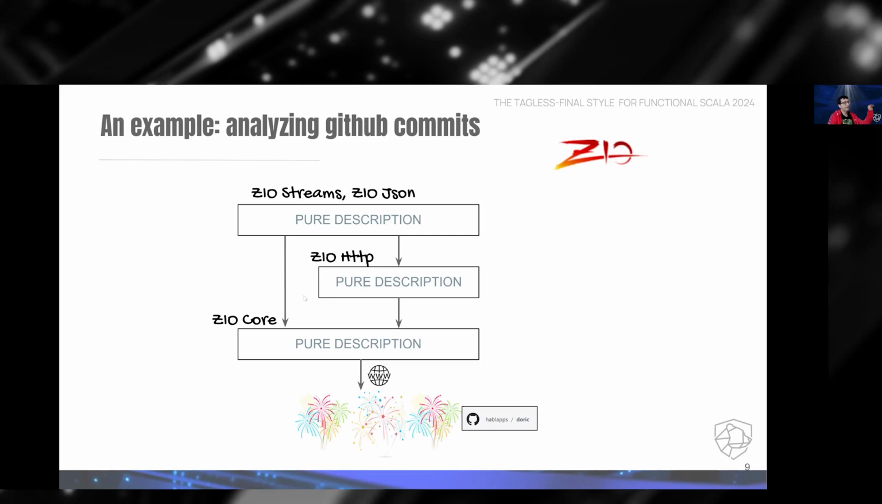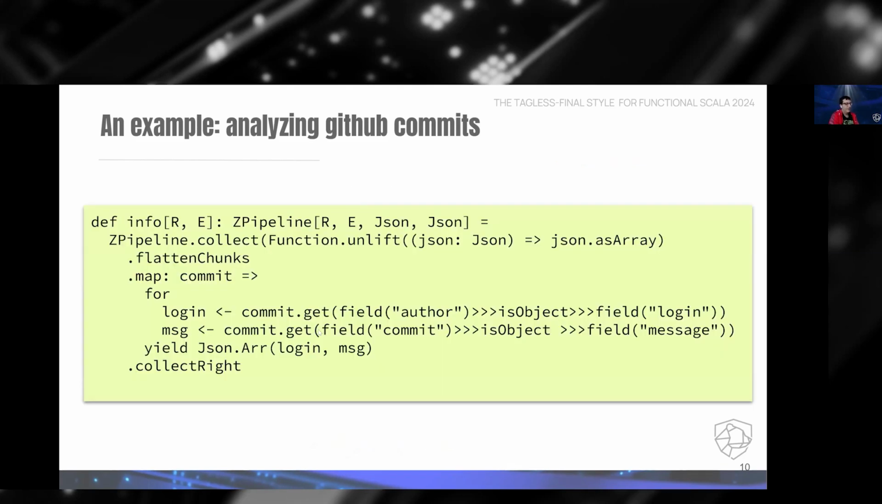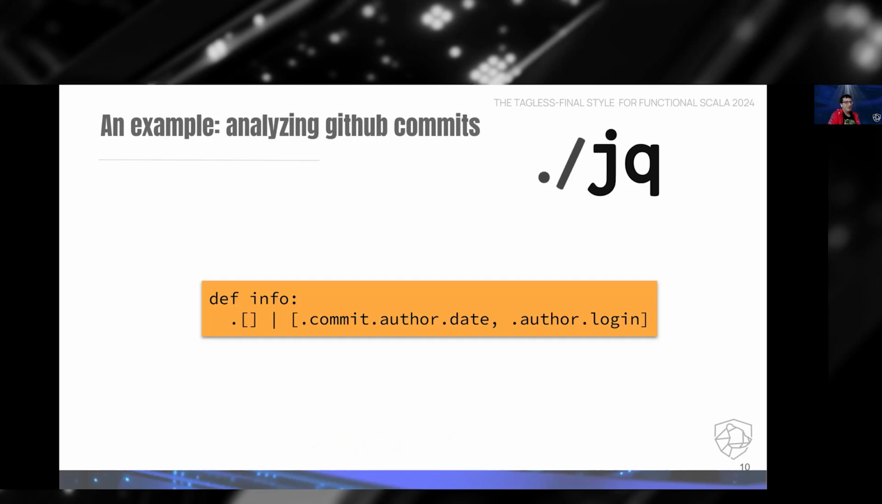We have ZIO streams and ZIO JSON programs at the top level, which build upon the ZIO HTTP program, and both of them build upon the ZIO core, right? Now, this program is fairly abstract, and it is implemented using high-level abstractions and higher-order functions like map and so forth. Okay, but for instance, we can do much better in terms of the clarity of our program using